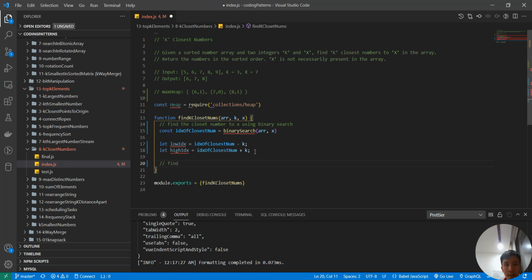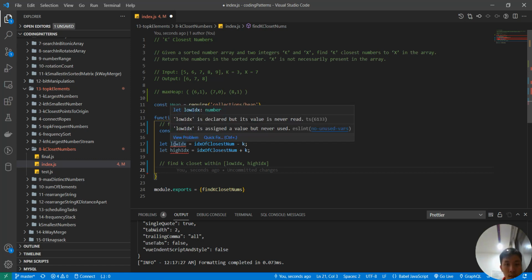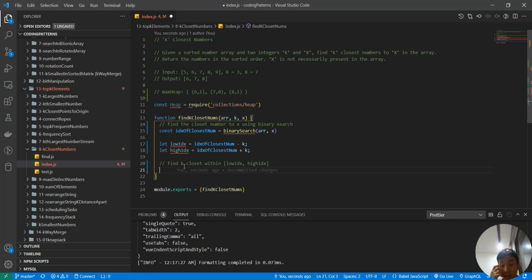Okay, find the k closest within this range, low index and high index. All right, so I think let's do this one first because this is the main logic of this problem, right? So here is a boundary, so I think I would just